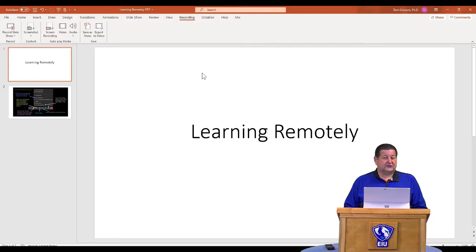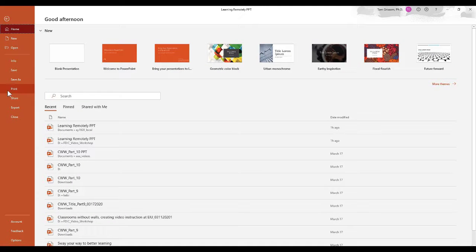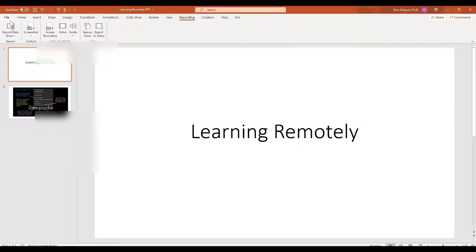So how do you tell what version you're running? First, if you go up to the File menu and you go down to the Account choice right here, this gives you the information about your licensing, and this is Microsoft Office 365 Pro Plus. Now this is my Surface Pro tablet that I'm running this on here. So we'll just go back here to my main